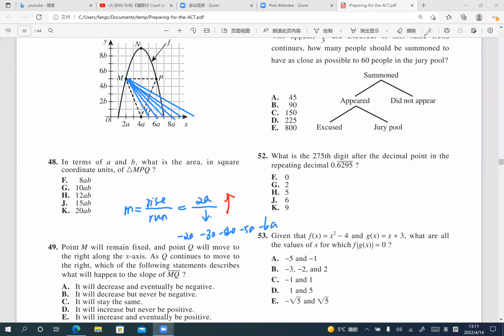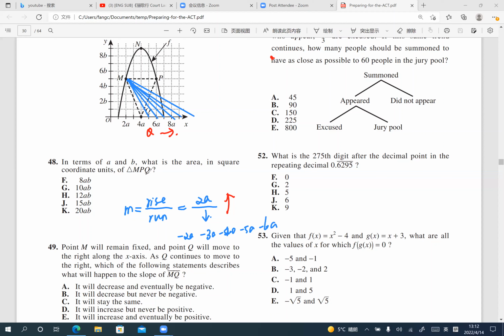Question 49. Point M will remain fixed, and point Q will move to the right along the x-axis. As Q continues to move to the right, which of the following statements describes what will happen to the slope of the line segment MQ? When Q moves to the right, we can tell from the graph